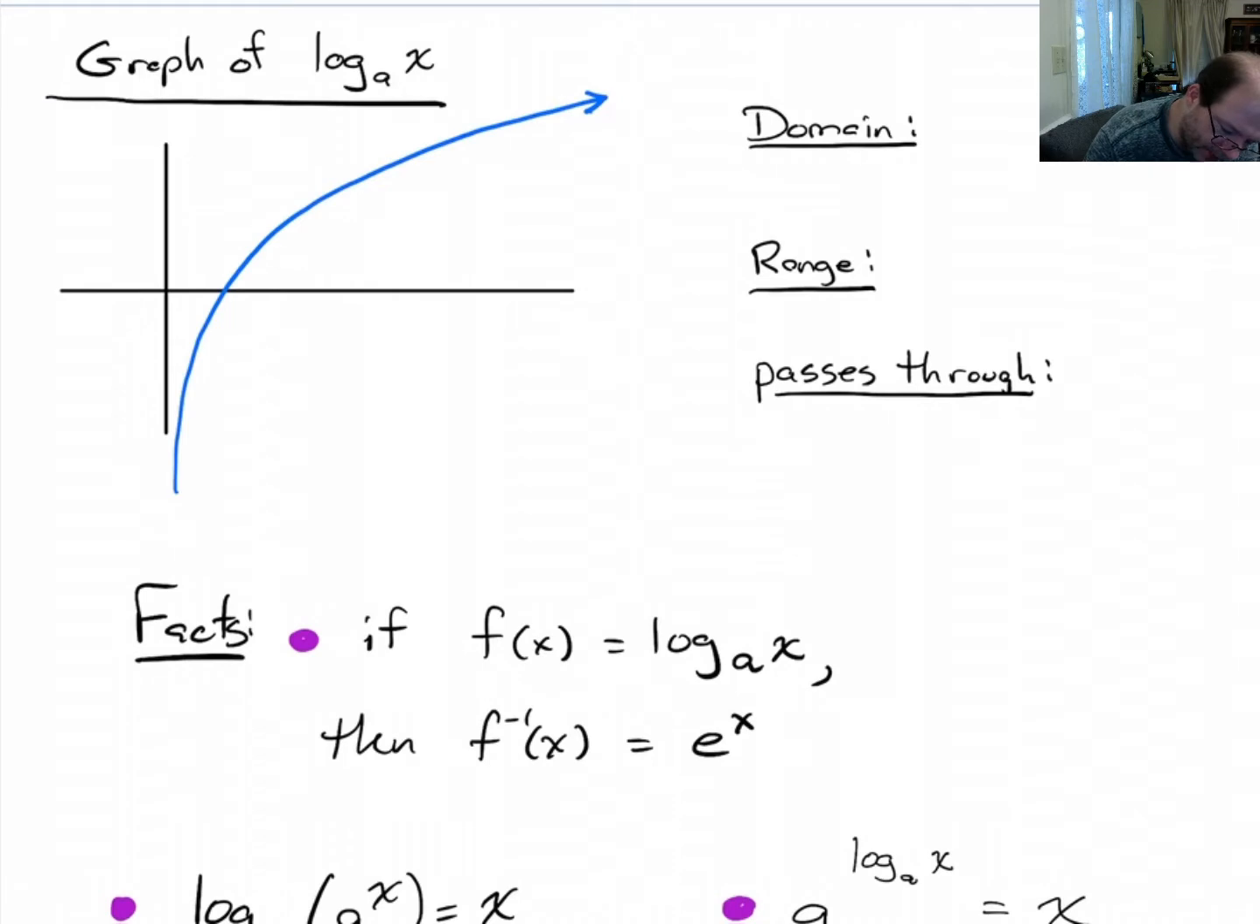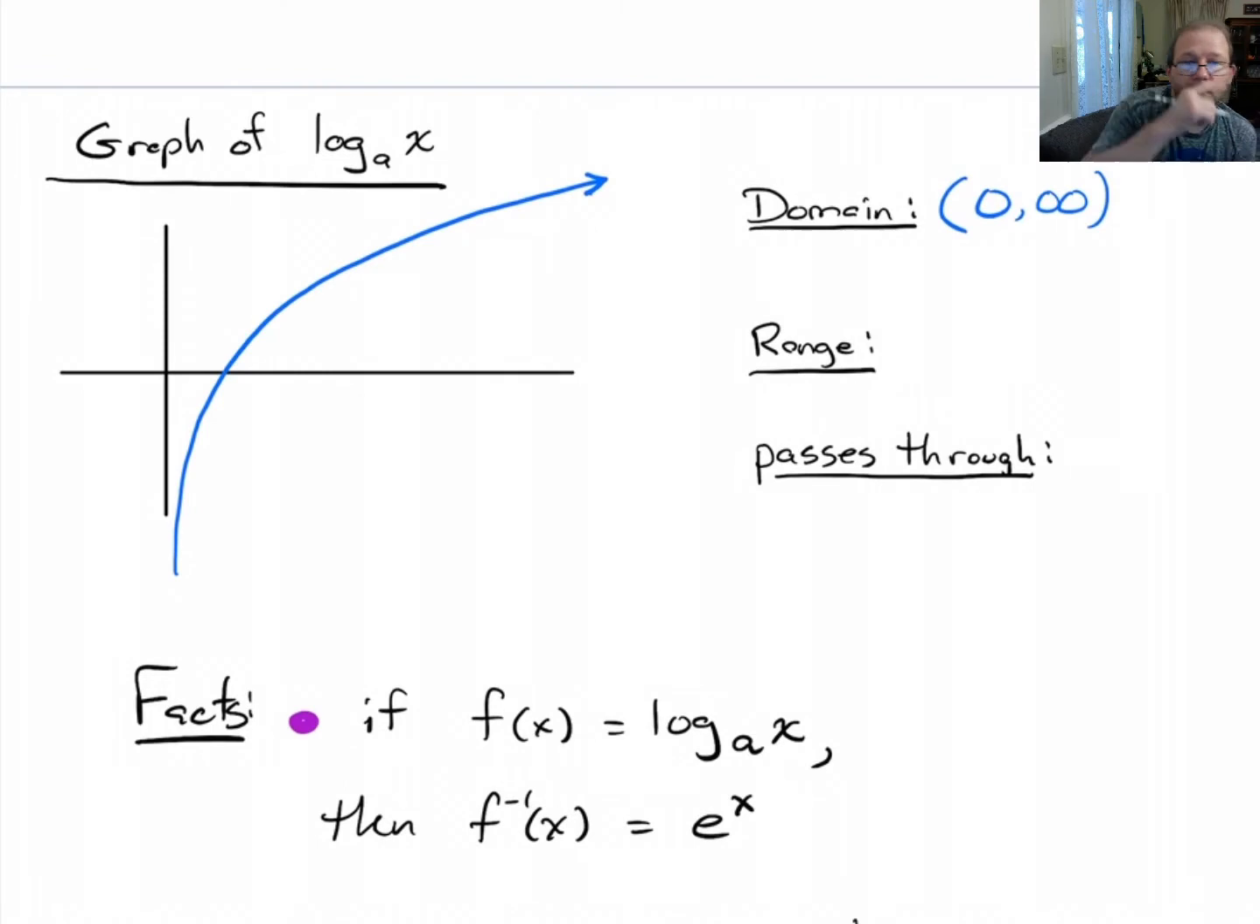The domain, if you look at it, is everything from 0 to infinity, but it never touches 0, so it's going to be an open parenthesis on both sides. So let's see, the range is everything from negative infinity to infinity. So we're going to say all reals. Now, one thing I should say about this,